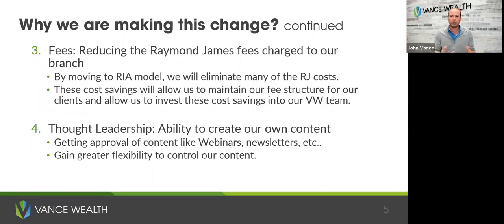We feel like how we charge you is very fair, but we wanted to make sure that we could continue to operate. So the cost savings that we will have internally, we're going to be putting that to continue to grow our team, to expand our team, to make sure your client experience is at the highest level, make sure our advisors are getting paid fair, making sure the advice that we're giving you is second to none. So these are all things that we're doing as a business decision, but again, your fee structure is staying the same. There are a couple of enhancements that I will mention, but the rate you pay our firm will not change.